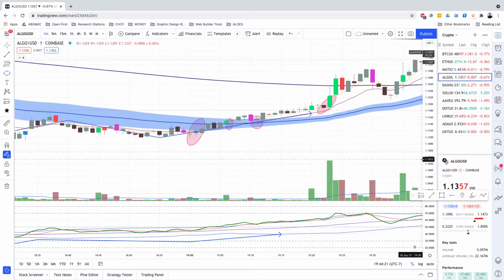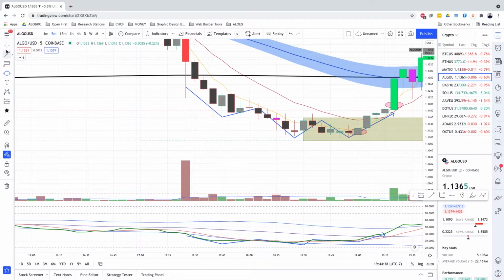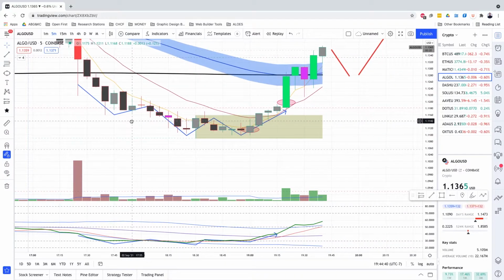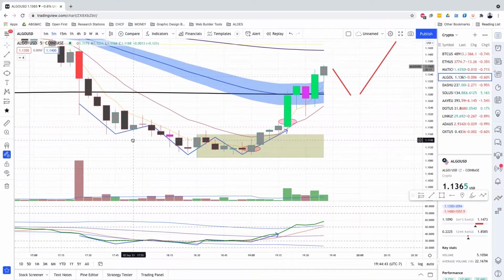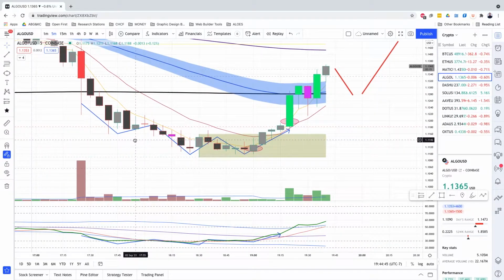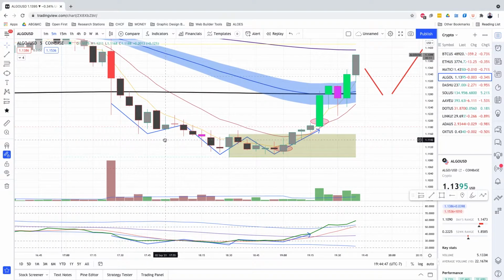What's happening? Our 5 is above our 50, and we're beginning to rise. I'm predicting a rise, retrace, and continuation to the upside. The only reason I'm not taking a trade on this is because I've had a few beers, but you can